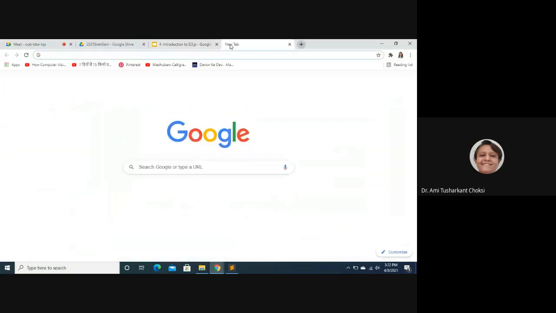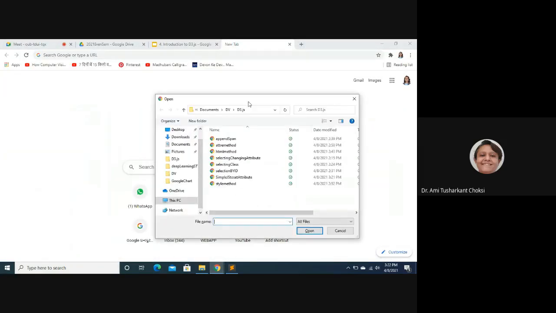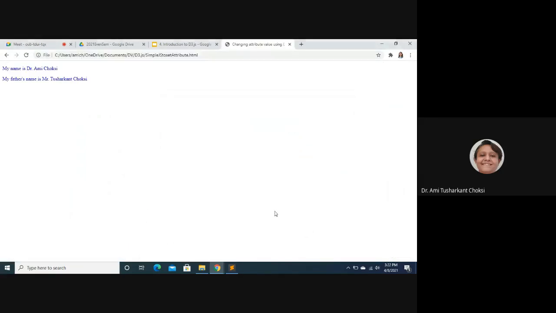Let me open this here. The simple JS, right? Simple JS. We can see the output, right? What we have done is, we have the property name, the text of our p tag. We have set the color as blue, right?